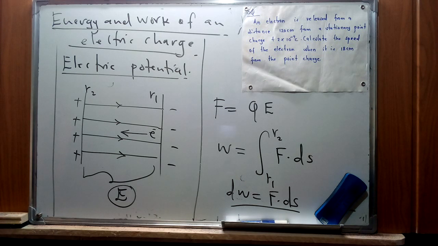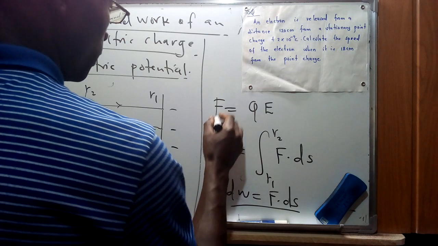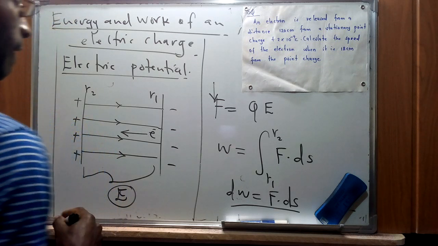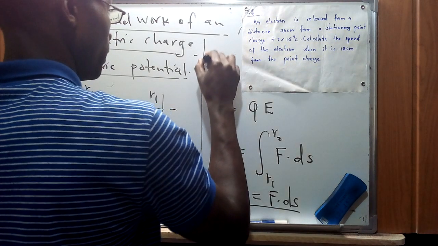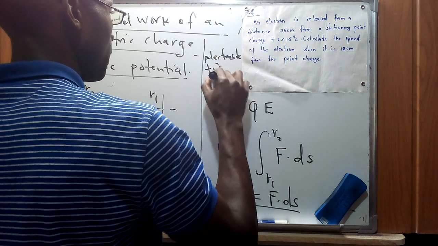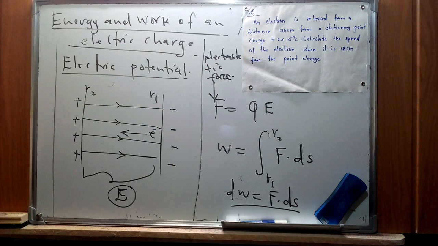So this form of equation is going to assist us to find out how we can represent work when F, that we have mentioned here, is involved, which is a force. This implies an electrostatic force in that particular field. And therefore, we're going to find the relationship between that force and the work that is done,